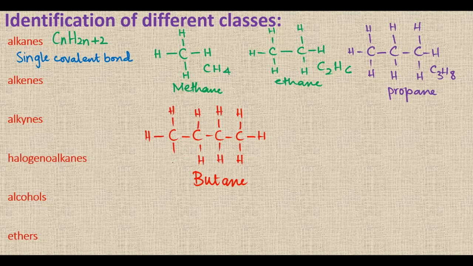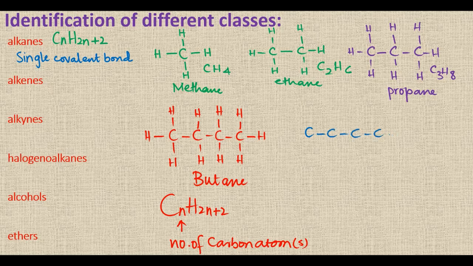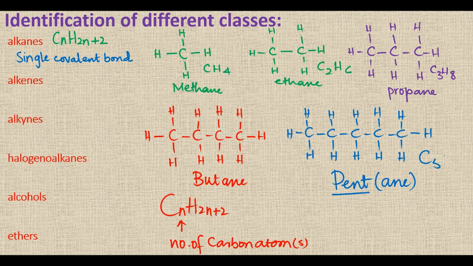The number of hydrogen atoms can be calculated using the formula CnH2n+2, where n represents the number of carbon atoms in the respective alkane. Drawing pentane with 5 carbon atoms and 12 hydrogen atoms, a 5 carbon compound is called pent, and as it is an alkane, the suffix ane will be used. So this is pentane with a molecular formula of C5H12, while butane has the molecular formula C4H10. A 6 carbon alkane is called hexane with the molecular formula